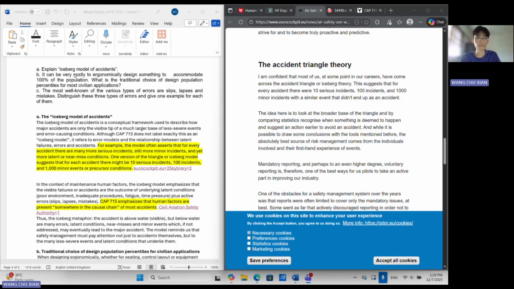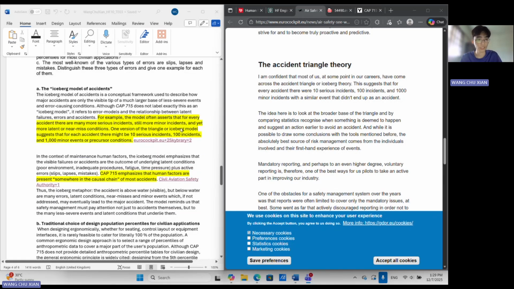So coming to the first part, the iceberg model of accident. Going through the CAP715 document, it does not actually label the iceberg model exactly, so I searched online for an example. It will be from this website over here. It says the accident theory. So for here, they say that